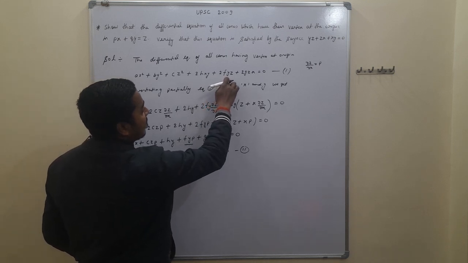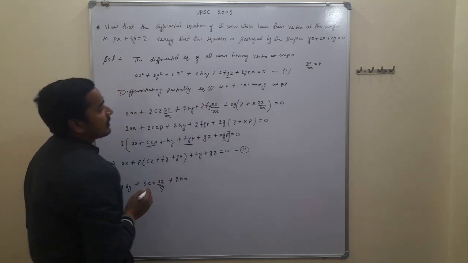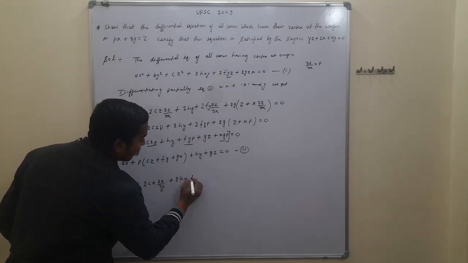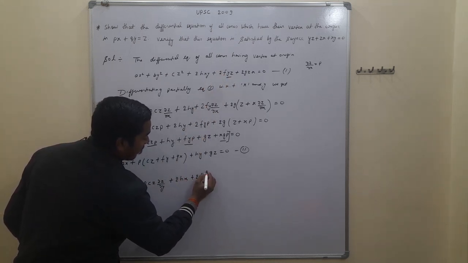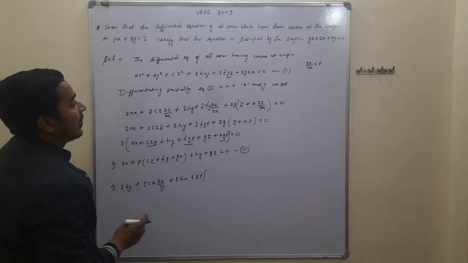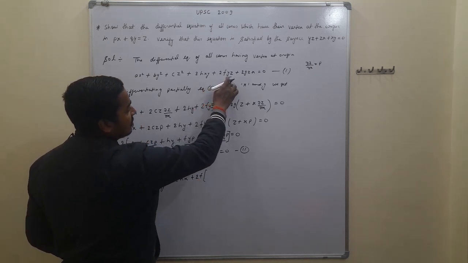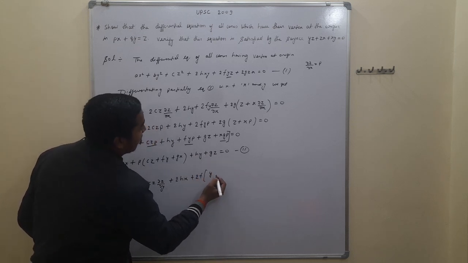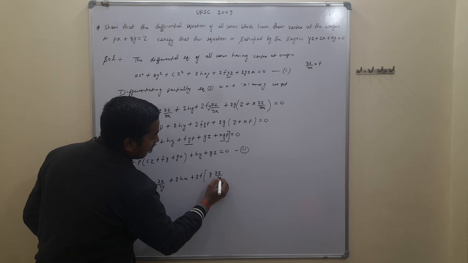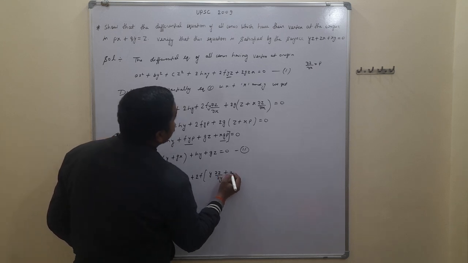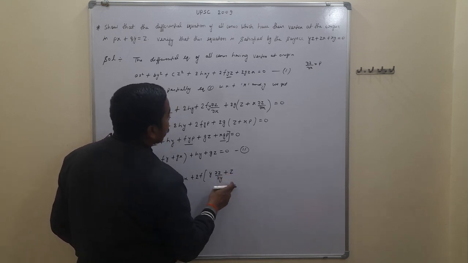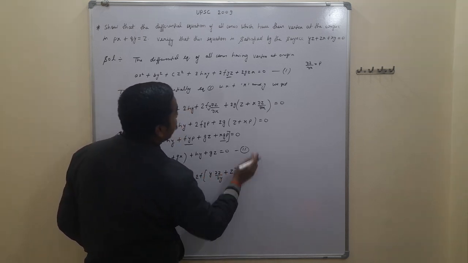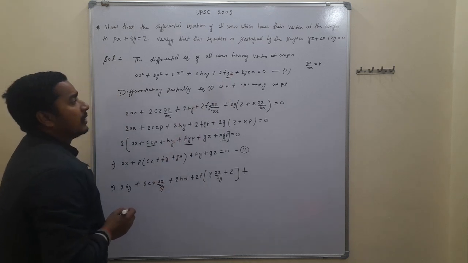and 2fyz, here y and z are functions of y, so we use the product rule, taking 2f as constant outside, and we use the formula of differentiating yz, taking y as the first function and differentiating z with respect to y, this gives del z upon del y, and plus z, and differentiating y with respect to y, this gives 1, and plus here 2gzx, here